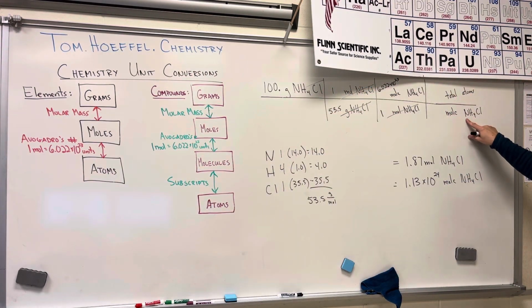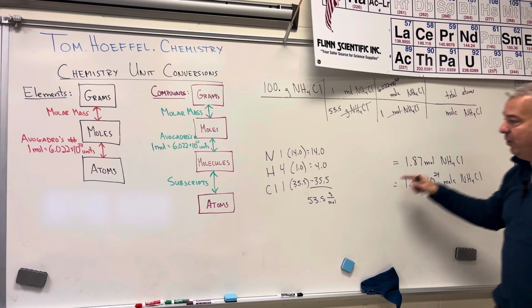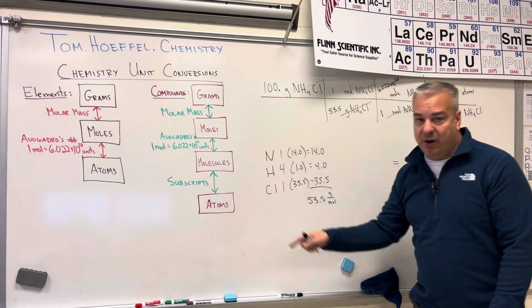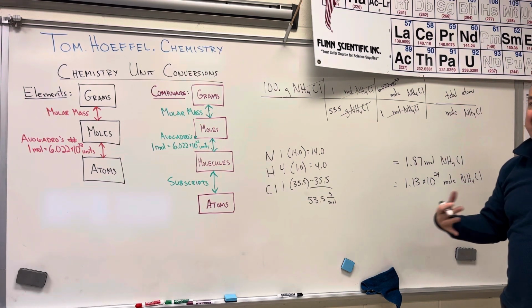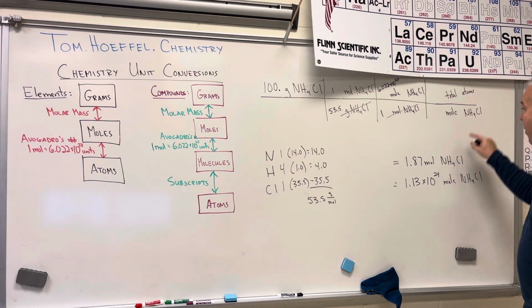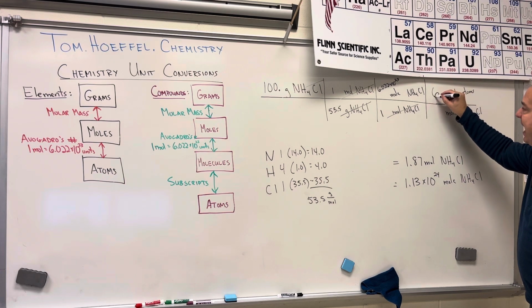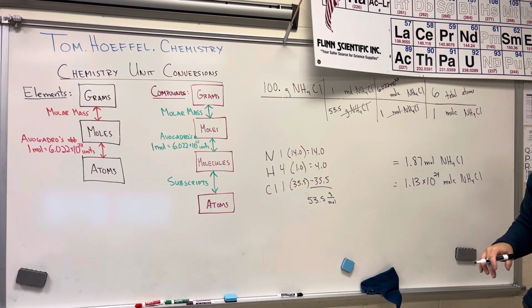In a molecule of ammonium chloride, there's going to be 1 nitrogen, 4 hydrogen, and 1 chlorine. I'm using these subscripts to figure out how many atoms are in 1 molecule. So 1 nitrogen, 4 hydrogen, 1 chlorine,